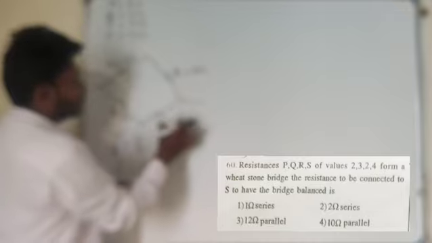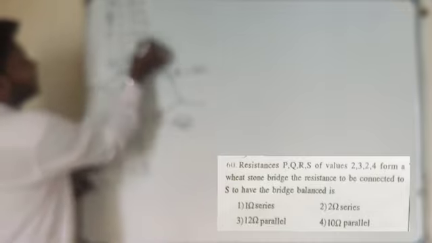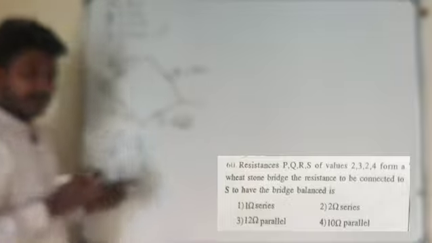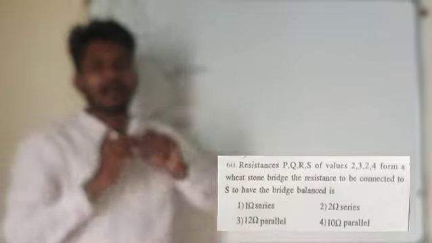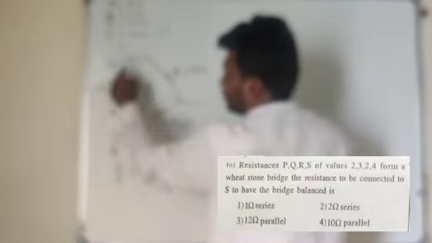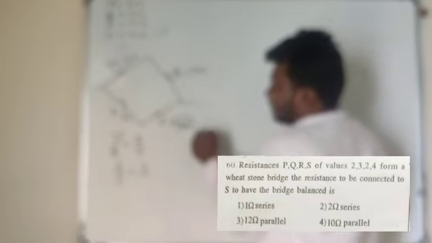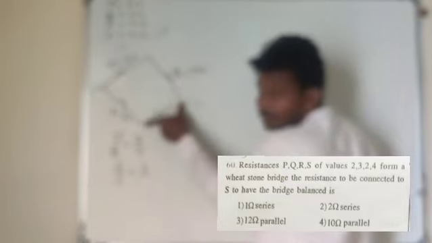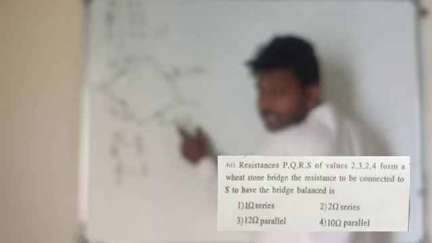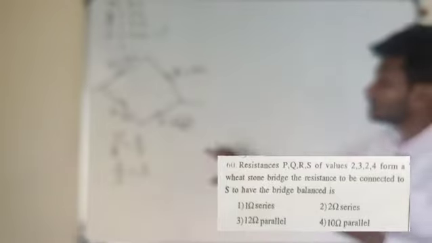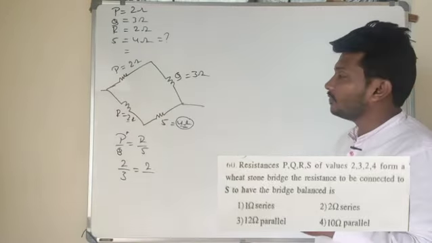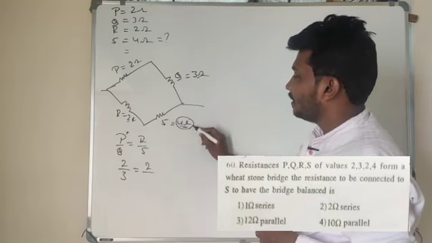In order to reduce the resistance of this arm, what resistance should I connect to that S? For this S, I have to look at whether to connect one more resistance in series or parallel. Did you get my point? Here 2 ohm is there, here 2 ohm is there, here 3 ohm is there, so here also I should get 3 ohm. But they mention 4 ohm. In order to get 3 ohm, one more resistance needs to be connected to that S, either in series or in parallel. For example, here 3 ohm is there, here 4 ohm is there.